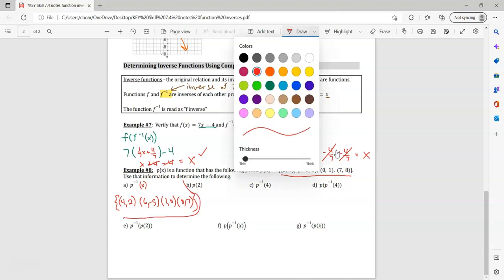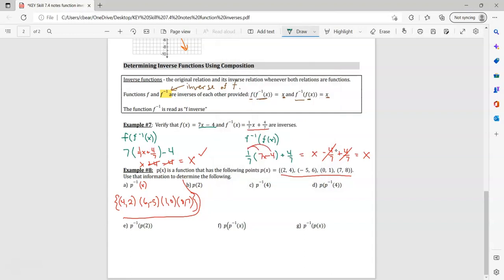So if I want to find P of 2, I'm just looking at my original P function. Look where x is 2, its y value is 4. P inverse of 4, well, I need to go to what I did in part A, because that's my P inverse. P inverse of 4 gives me back to 2. P of P inverse of 4, these are inverses, so that will just equal that 4 that we got. P inverse of P of 2, these are inverses, so that'll just equal 2. P of P inverse